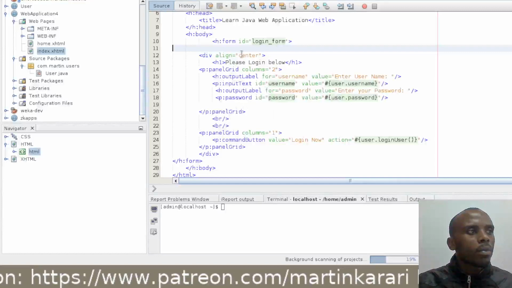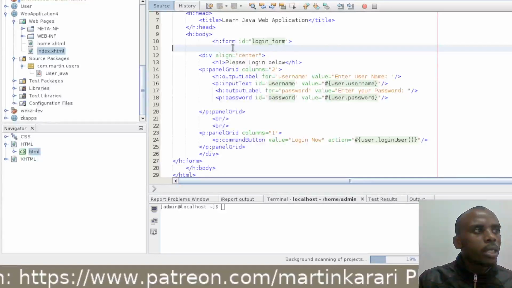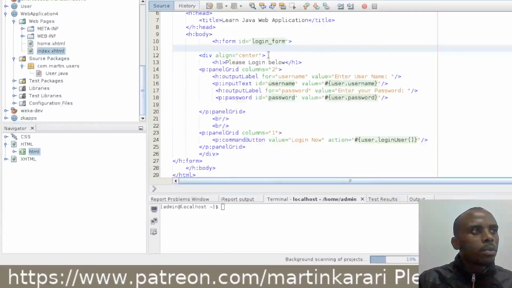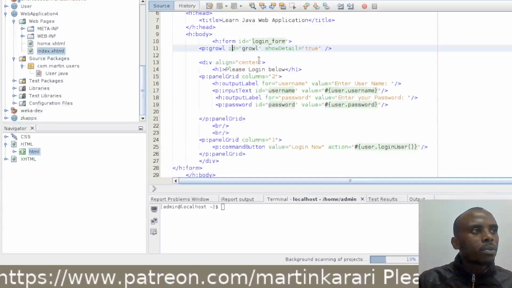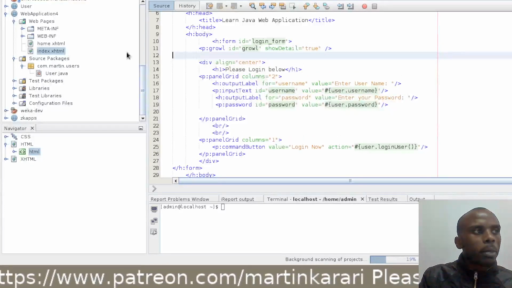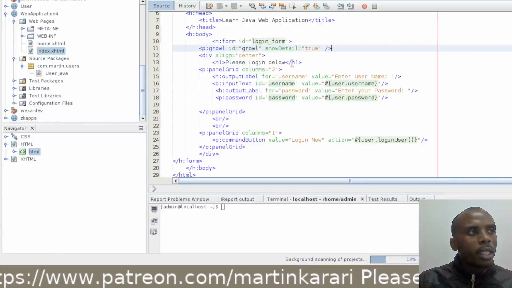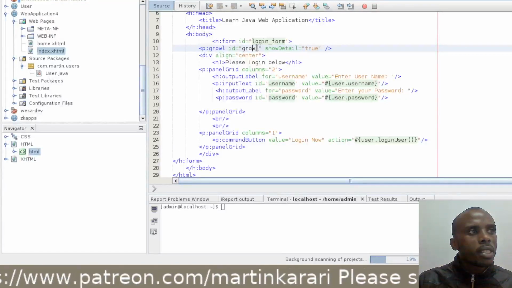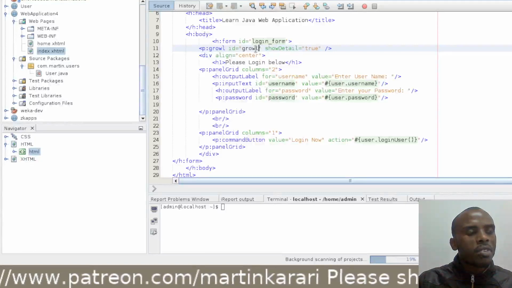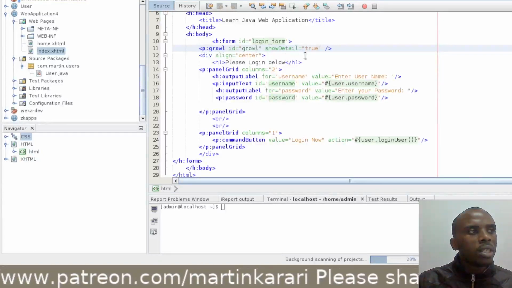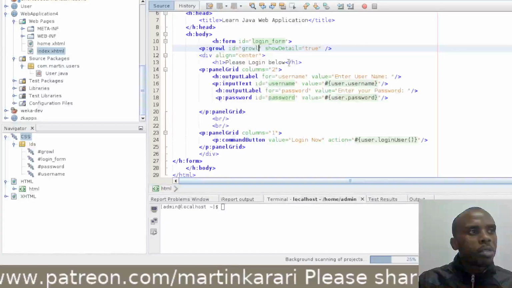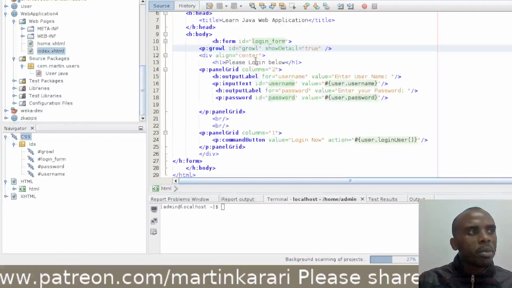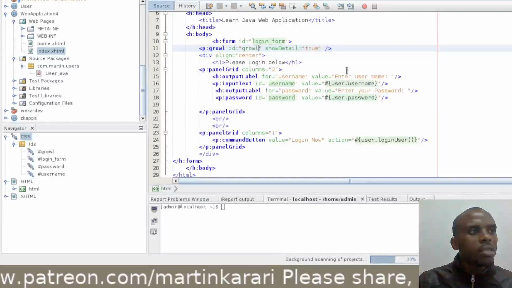So we just paste our growl there. It's a PrimeFaces element. You can see this ID. You'll be referencing it with the ID, the way you reference in JSF pages, or the same way you do in HTML.